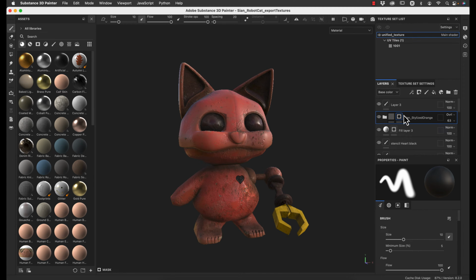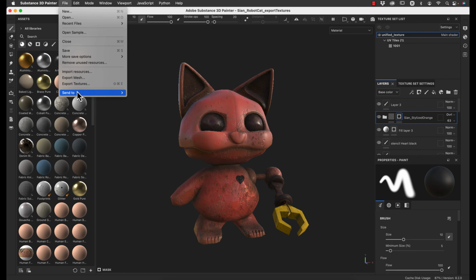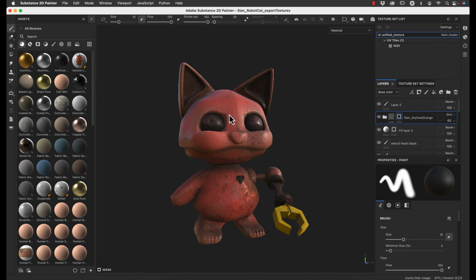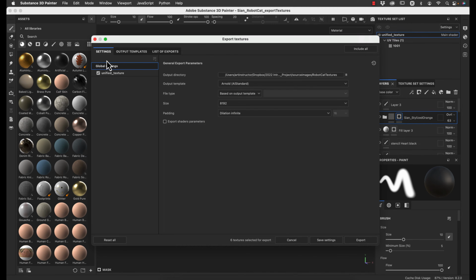So you can see I have a ton of layers here. It is stylized, although partially realistic looking. I do have one single UV tile and texture, so that should make this a little bit easier. So what I'm going to do is just go to File and Export Textures, and here we can first change